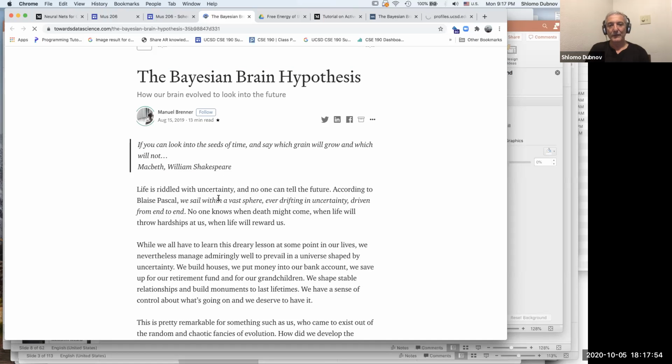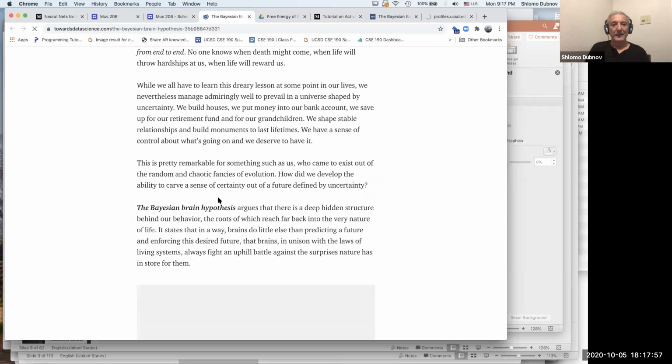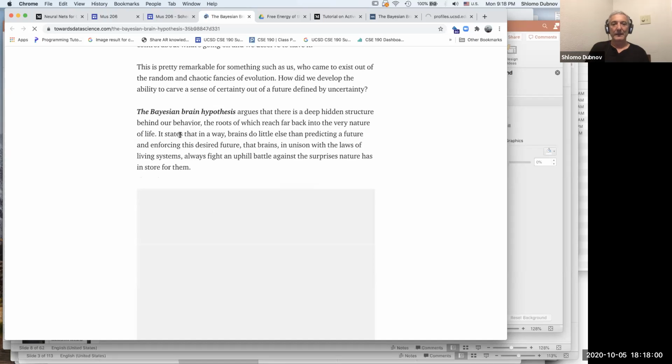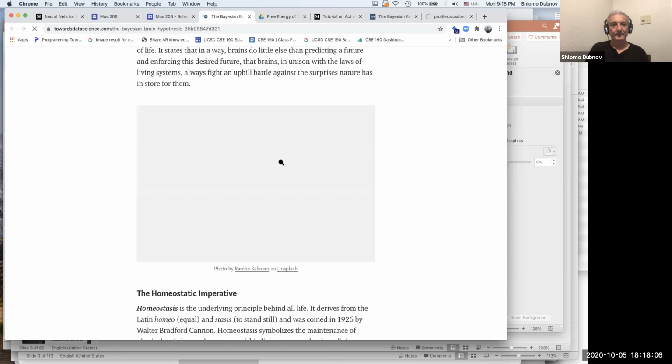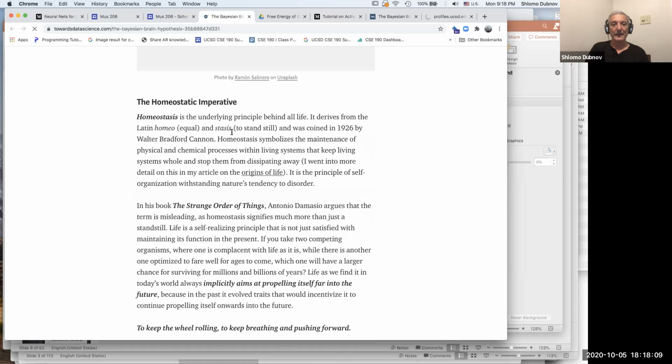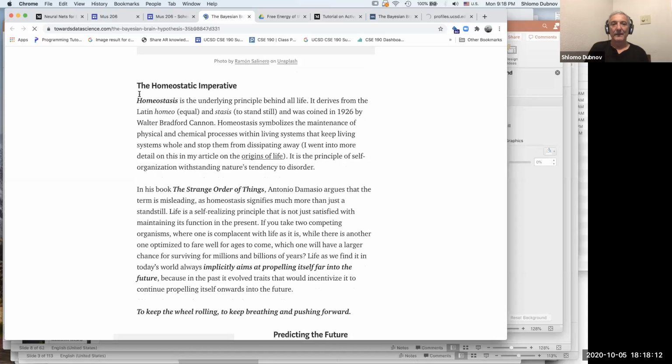Of course I want to go and read this exactly line by line, but it explains the Bayesian brain hypothesis, and the idea is that a principle of being able to infer something from the data that we have is critical for so-called homeostasis, which means anything, especially a living organism, has to balance itself with the environment,